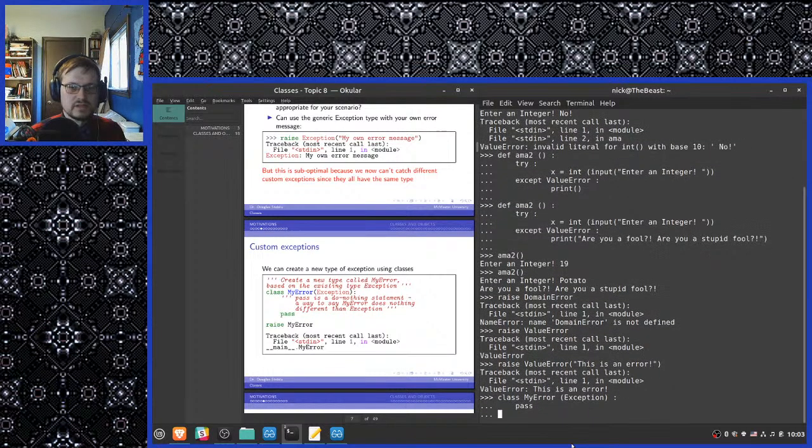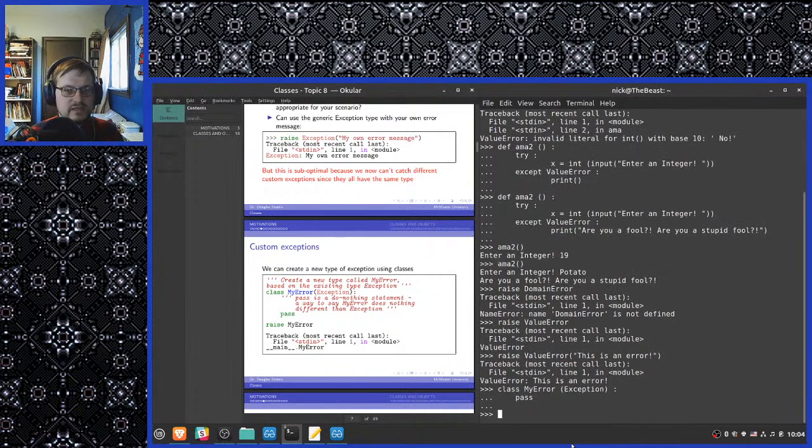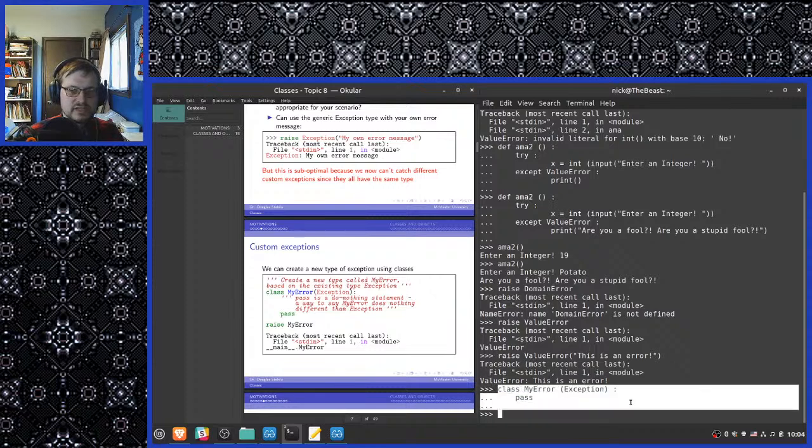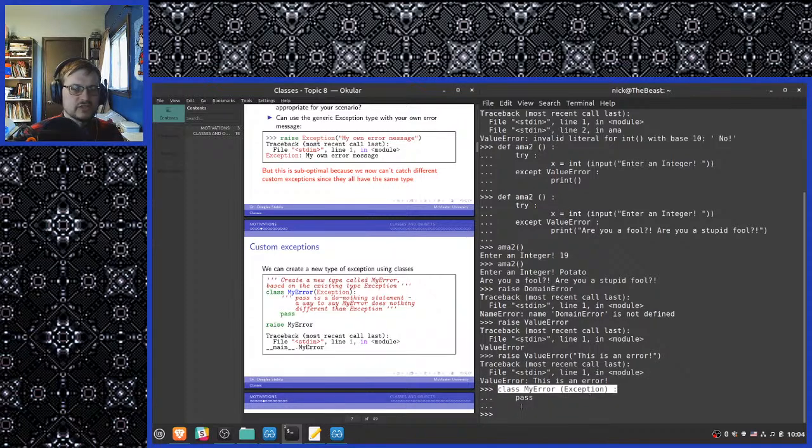Pass. Pass is a statement that does nothing. If we were to just put this line here and then have nothing afterwards, that would be a syntax error because it's expecting something indented, right? So pass is just a placeholder to say, I wish to define nothing here, right? So now we can raise